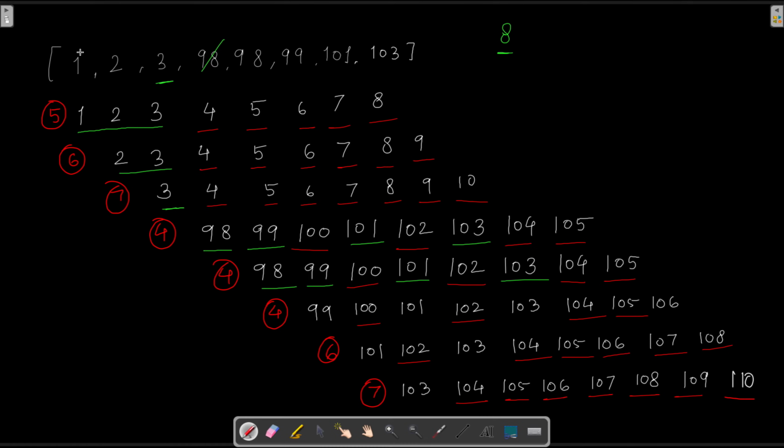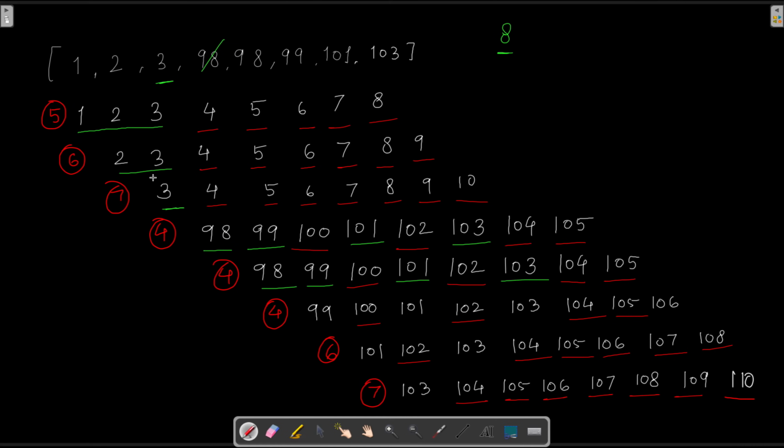So first we try with 1, then we try with 2, then we try it with 3, and we keep increasing our sliding window size. So in this case, our sliding window is going to be 2 only, and then obviously comes 98. So 98 will have to be replaced by something. So in the solution, we actually don't need to think about what these 5 or these 6 elements are going to be. We just need to worry about the size of our sliding window.